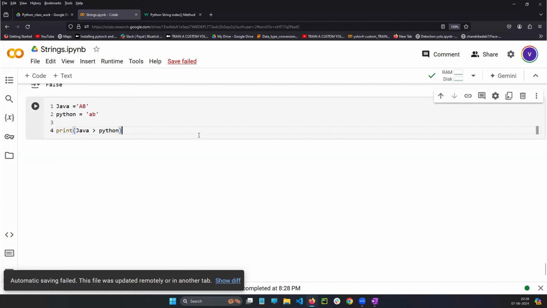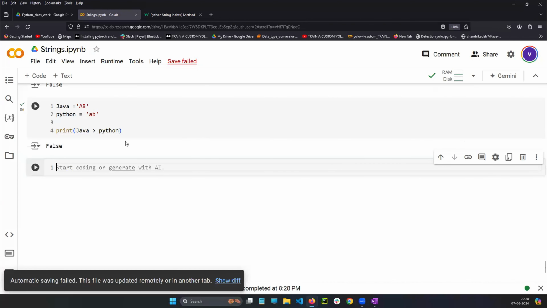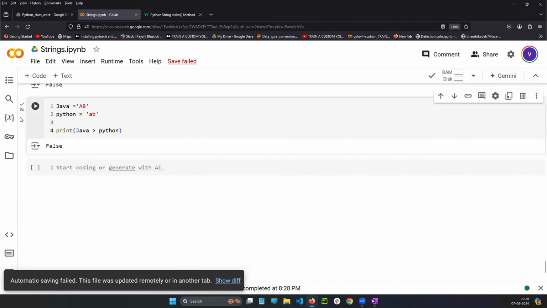If I run it, I am getting false. Can anyone explain all this operation? What is happening? Python is case sensitive. No, sir, here characters are being counted maybe. What characters are counting? Java is AB and Python also AB, upper and lower there, but